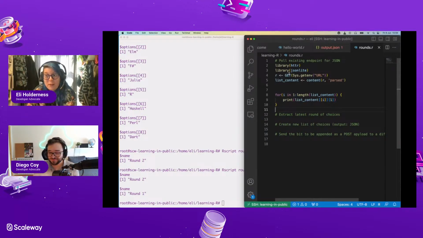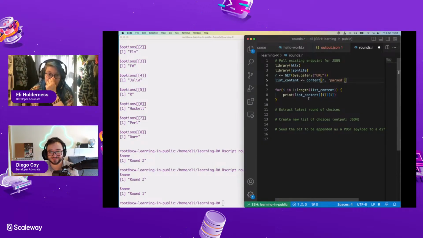Or should I be inspecting what's in there? Because it might be rounds 4 and 5 and I need to construct 6. Yes, I need to inspect it. Cool. Can I assume they will always be of the format round with a capital R and then a space? Yes. Cool. This is like Diego's giving me interview questions.